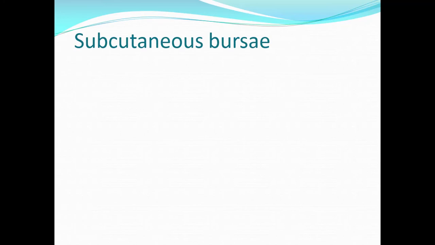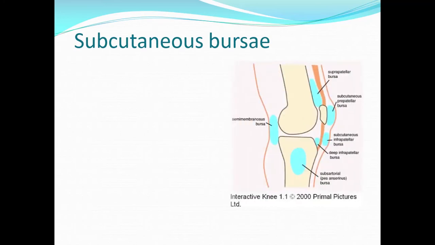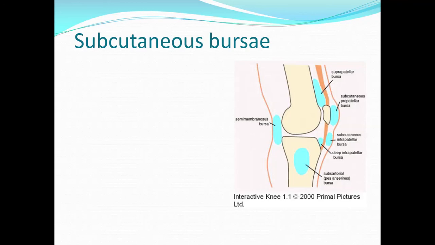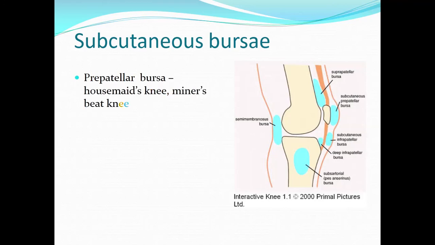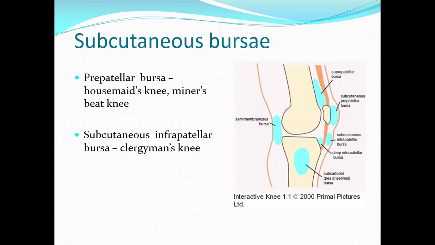Now the subcutaneous bursae. There are various bursae around the knee joint. Out of these, two are most important. They are the prepatellar bursa and the subcutaneous infrapatellar bursa. The prepatellar bursa is present anterior to the patella, as shown in this photograph, and involvement or pathology of this bursa